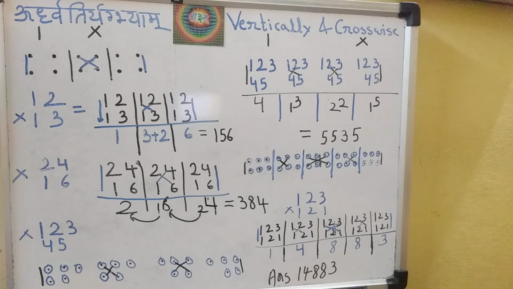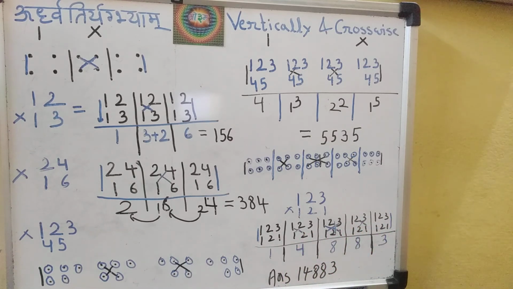You always get the answer in a single line, while the traditional method for this type of multiplication would be carried out in 4 to 5 steps. And here we got the answer in a single line. The number of steps involved here is, as the total number of digits is 1, 2, 3, 4, 5, 6, 6 digits, so 6 minus 1 is 5. 5 steps will be there.